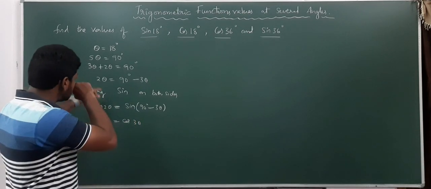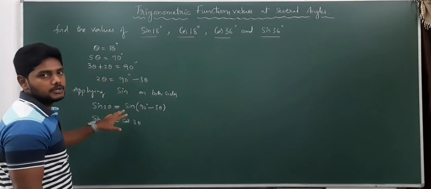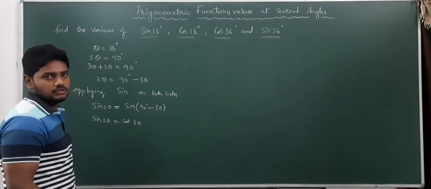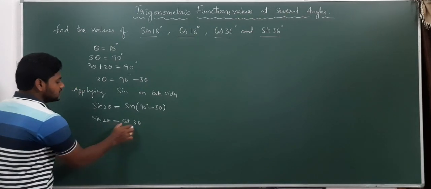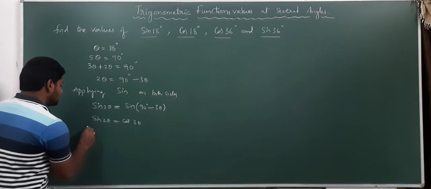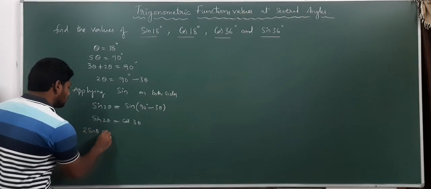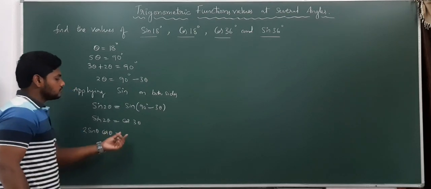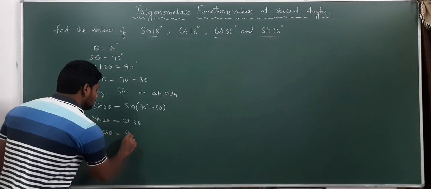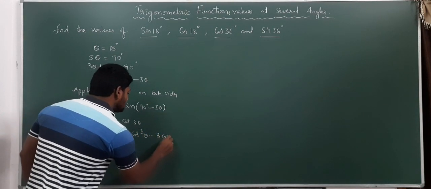See, here you may ask that, sir, why 2 theta you have considered, why not 3 theta? So it will be complicated. To get it easily, 2 theta is equal to 90 minus 3 theta you take. So sin 2 theta is equal to cos 3 theta we got. What was the formula of sin 2 theta? It is 2 sin theta into cos theta, which is equal to. So do you remember that cos 3 theta formula? You need to remember that it is 4 cos cube theta minus 3 cos theta.